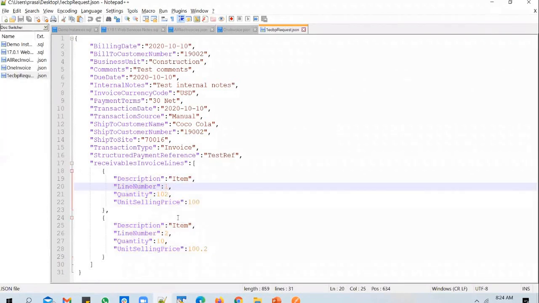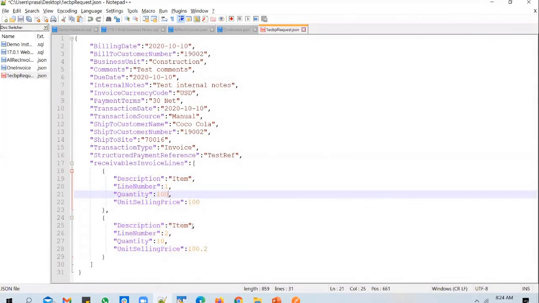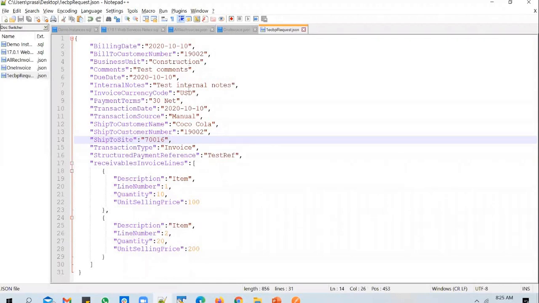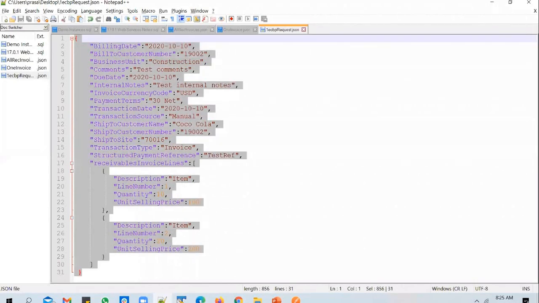So I can say invoice line 1, 10 quantity and the unit selling price is 100. Line number 2, quantity 20, and the unit selling price, let me change this to 200. I'm passing only the bare minimum details required to create an invoice. So I copy this payload, and I want to create this invoice in the ECBP test instance under the Construction BU.